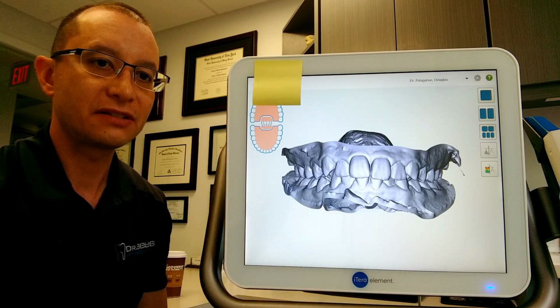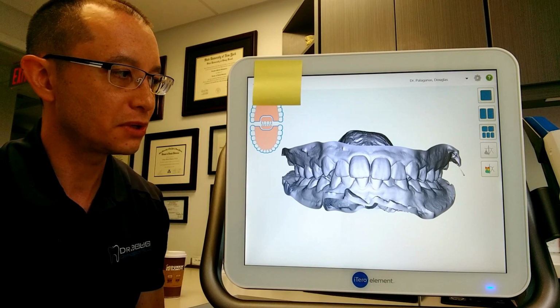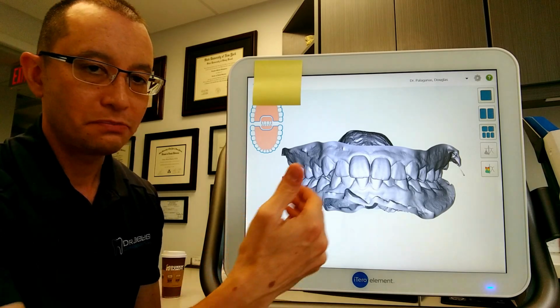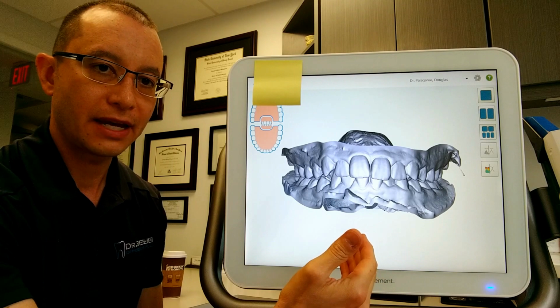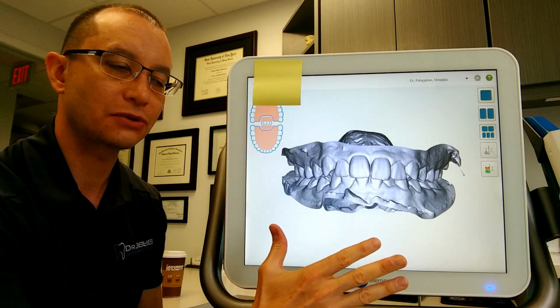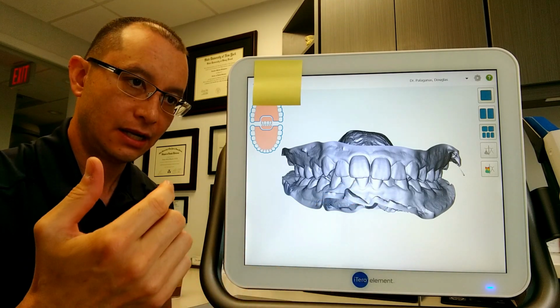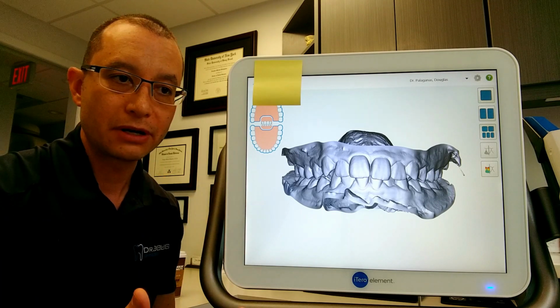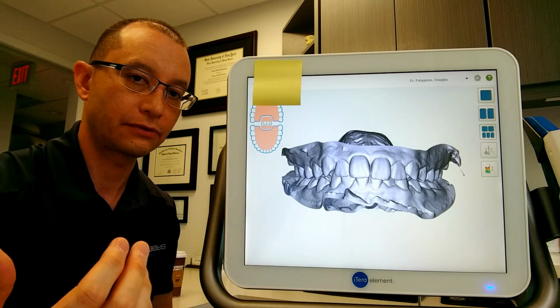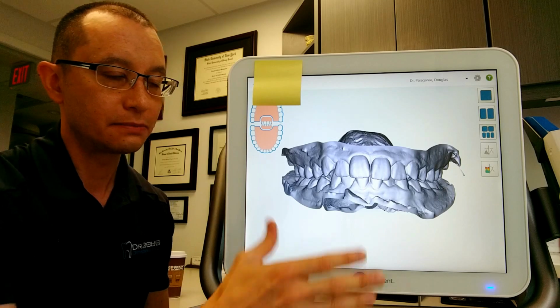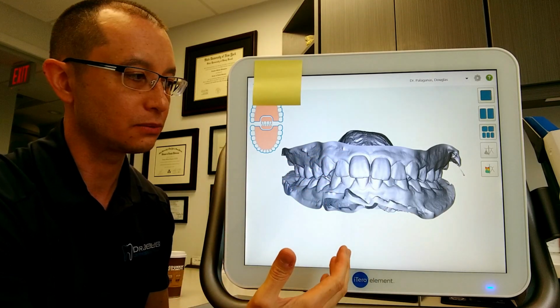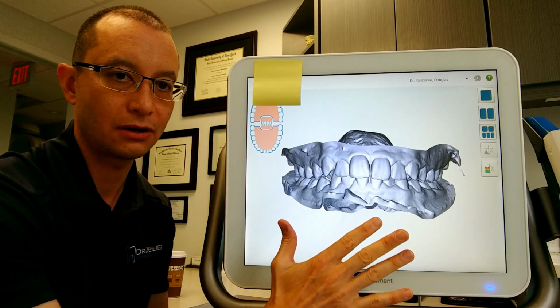And really the main reason to do something like this is so we can better communicate exactly what the issues may be with the teeth, and also just to be able to point it out on a nice screen rather than trying to look within your own mouth with a mirror as we're talking to you, or for a parent to look inside the child's mouth. It's much easier for everyone to see and to communicate with an actual representation of the patient's teeth on a